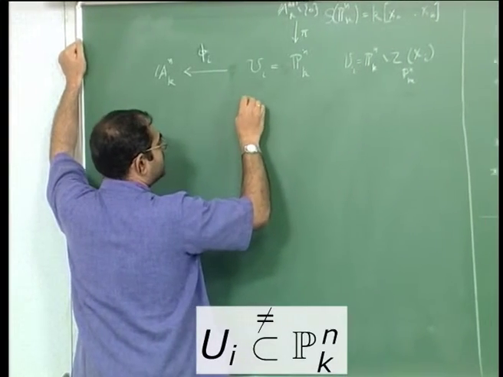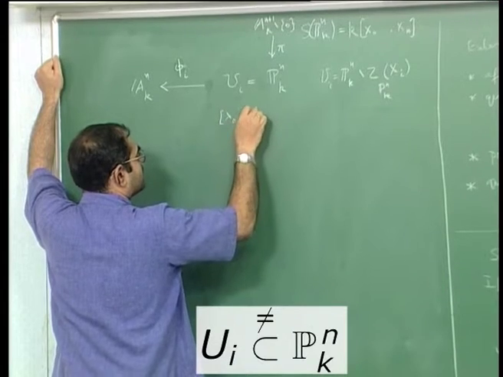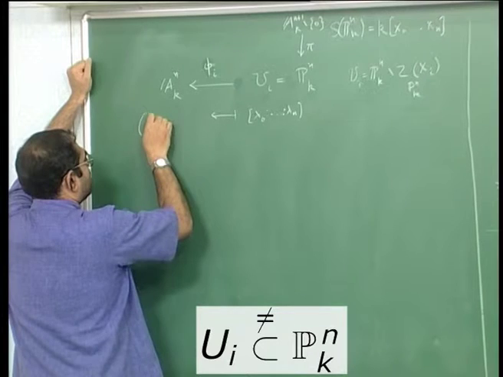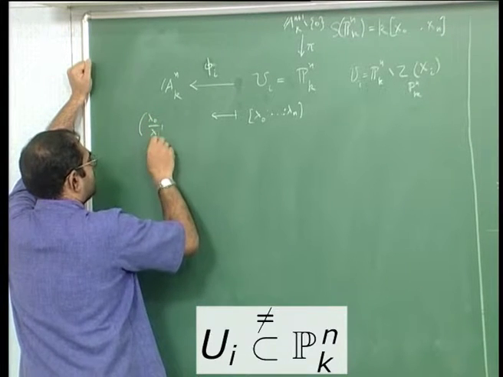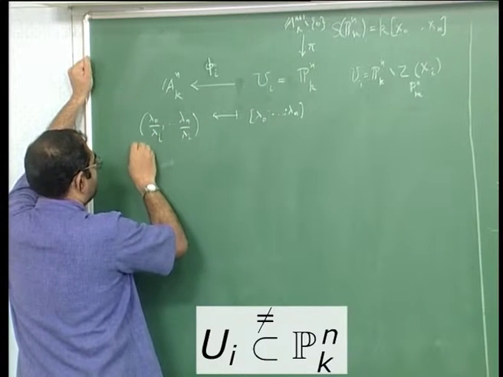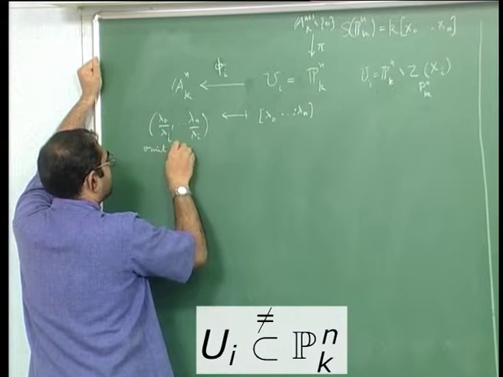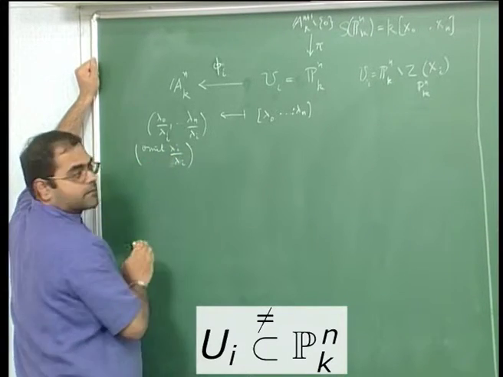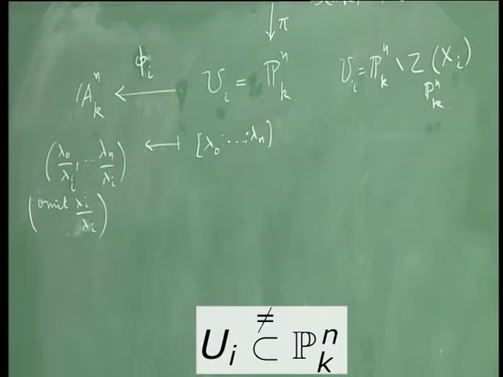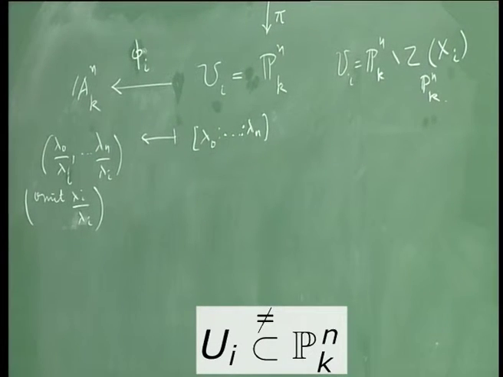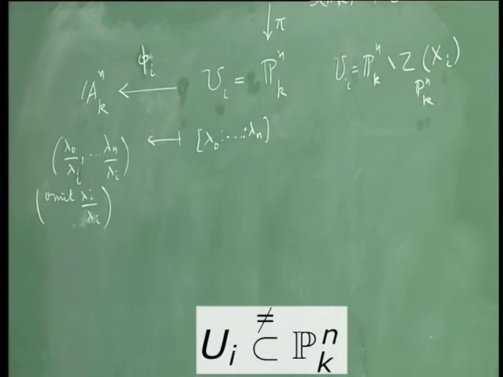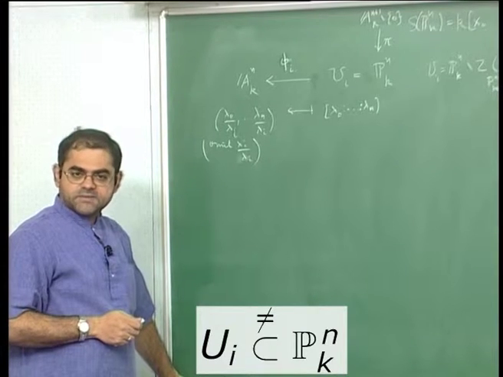What you did was you took a point with coordinates lambda_0 through lambda_n and simply sent it to the point lambda_0/lambda_i, lambda_1/lambda_i, and so on up to lambda_n/lambda_i, where of course you omit lambda_i/lambda_i. So this is the map we defined, and it's easy to check that this map is a bijective map. And I asked you to check that this map is actually a homeomorphism of topological spaces,